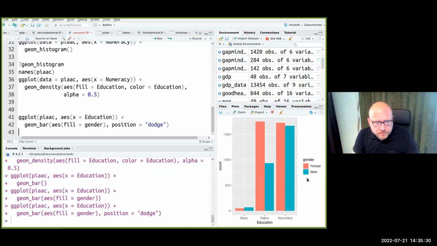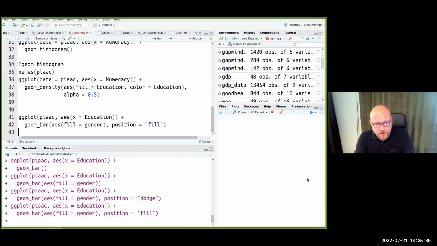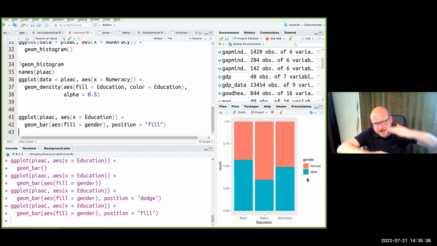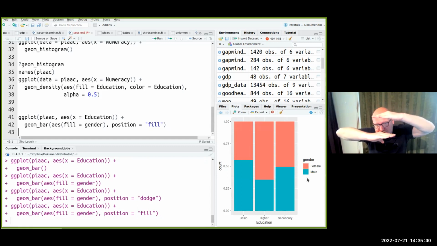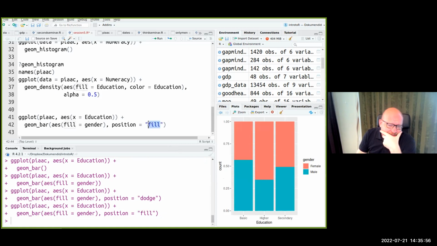There are some other positions available. So one position is, for example, fill, Ctrl Enter. Now it shows the proportion of males and females in the data set. So you see in higher education, there are much more females than males in this data set. It shows the proportion, and then there is a position called